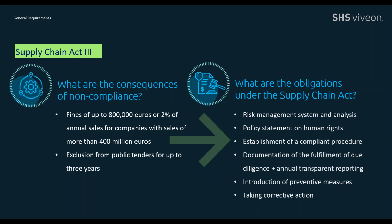So some companies might say, well, let me just wait and see what happens. Let's see if it's really such a sharp act and if they're really serious about the fines. That's not a good idea at this stage, because if we look at the past also how the data protection and also competition law came into force, I mean, the fines are really high when you look at up to 2% of the annual sales turnover, and the exclusion of any public tender. It's quite a harsh fine that you would be confronted with in case you breach the German Supply Chain Compliance